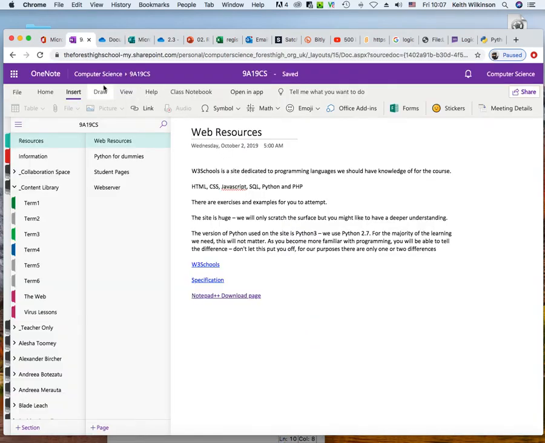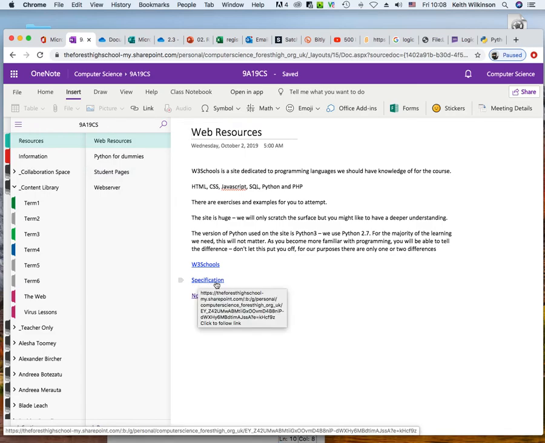Quickly, going back to this, I have pasted a new link today on the course. So when you log into it, if you can log into it, I know you can't, bear with me. In the resources tab at the top, where I'm pointing out, in web resources, I've put a new link called specification. We're going to have a look at that today. I'm hovering over it. Take a look at that link. I'm going to explain that in a minute.